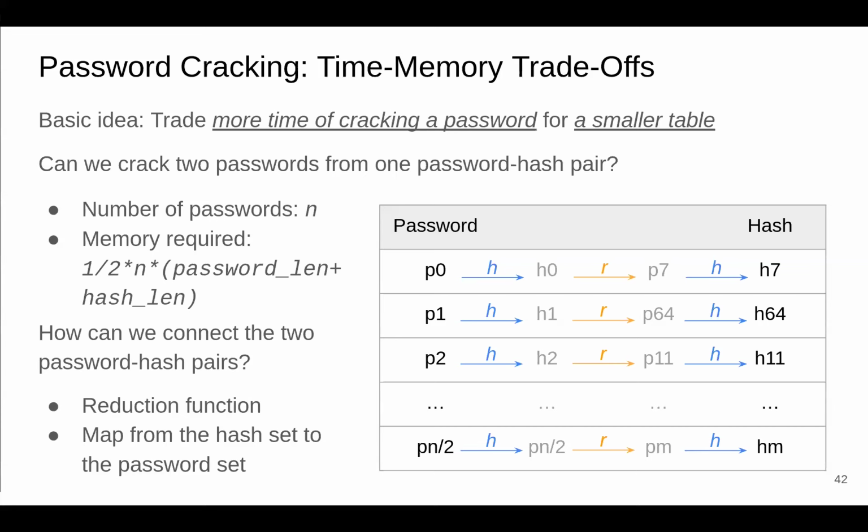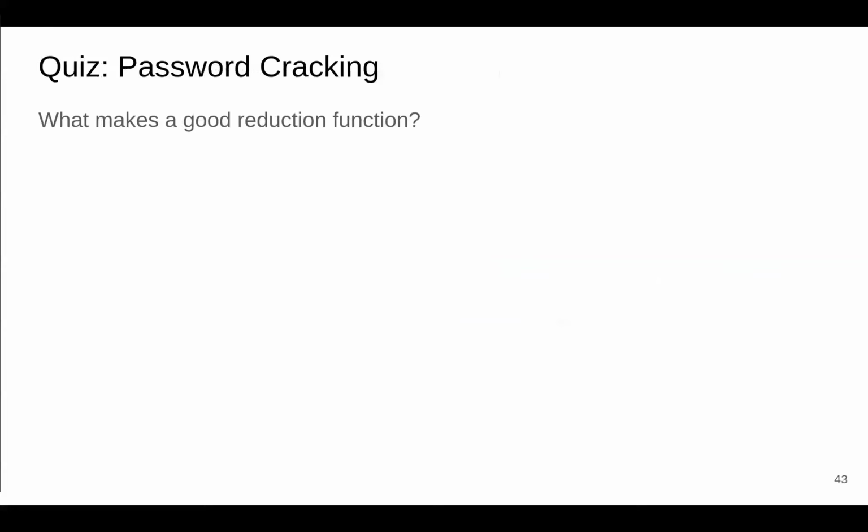My main question when this was explained for the first time: how does a reduction function look like? Well, a hash function takes as input a password, or a string of text, and turns out a 24-byte hash. Okay? A reduction function takes as input a hash and returns a password. What password? Doesn't matter. Just a password. We can create arbitrary reduction functions. I'm not going to do this as a quiz, but just list it.